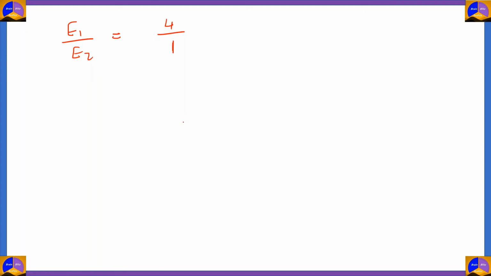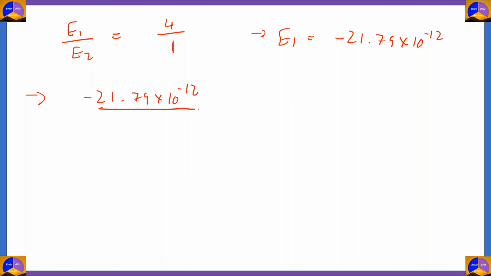So now we have the value of E1 as minus 21.79 into 10 raised to minus 12 ergs given. So we can just substitute that value over here in this equation. So it's minus 21.79 into 10 raised to minus 12 divided by E2 is equal to 4 by 1. So on cross multiplication, for E2 is equal to minus